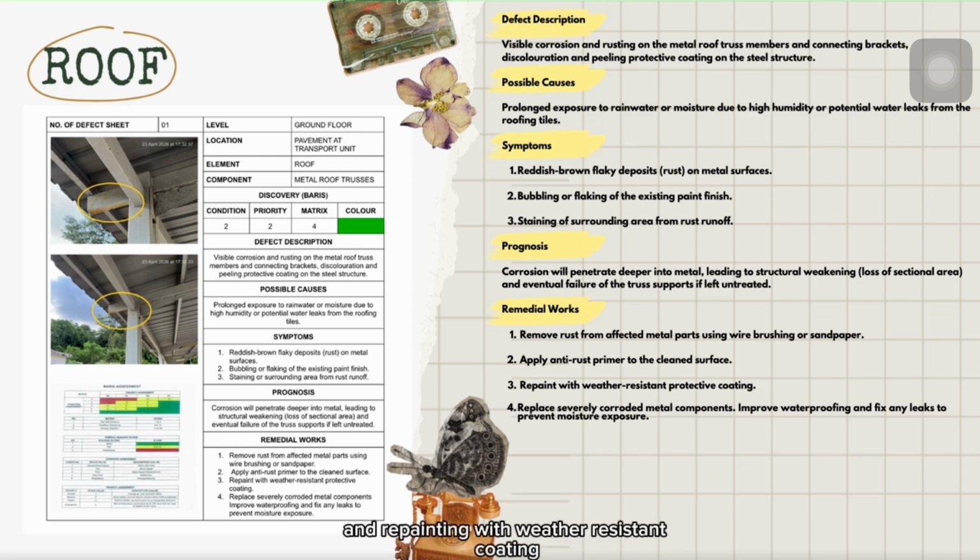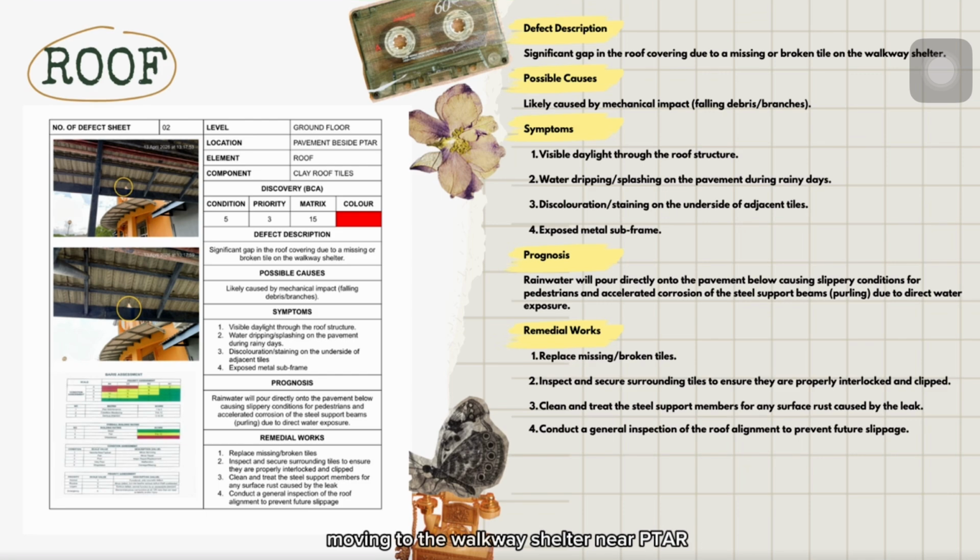with weather-resistant coating. Moving to the walkway shelter near Pita, I found a significant gap in the roof covering due to missing or broken clay tiles. This is likely due to mechanical impact, such as falling debris or branches. This will lead to water dripping onto the pavement, causing slippery conditions and accelerating the corrosion of the steel support beams below. As for the remedial work, the immediate fix is to replace the missing tiles and inspect the alignment